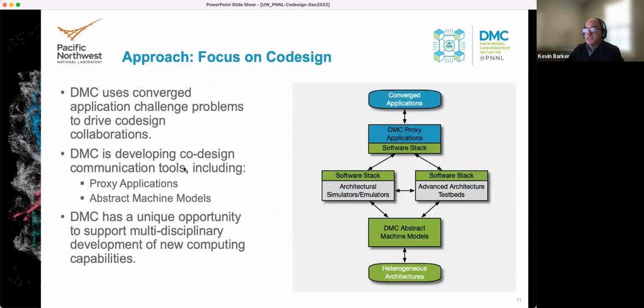The second approach, of course, is co-design. And in co-design, we have drivers from both ends, so to speak. This figure here illustrates that, drivers from the top and from the bottom. Converged application challenge problems come out of domain science, and applications have requirements that must be met in order to ensure stability and performance. And so those requirements have to be satisfied by the underlying architecture and system software. But from the bottom, we also have hardware abstract machine models that can be used to communicate architecture design concepts to domain scientists,